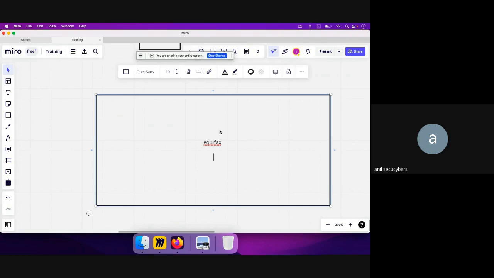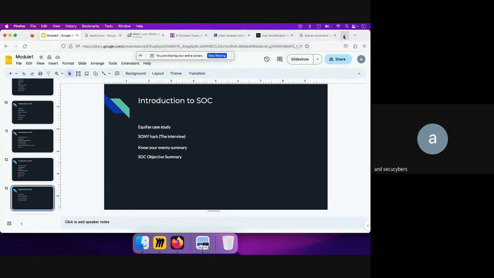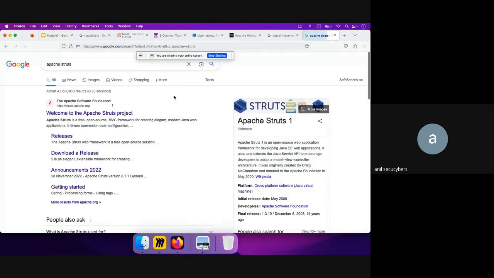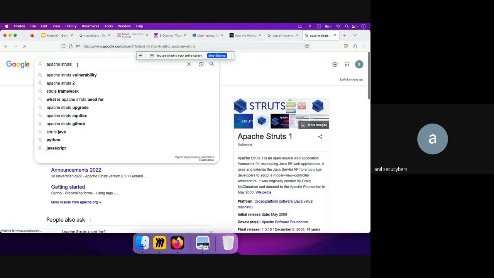It was around 2017, and it is very useful to understand more about this case. Even though it is old, it is quite good to know about. So on March 6, 2017, a patch was released for Apache. There was a specific bug in the Apache Struts tool. Okay, Struts tool, and the CVE was